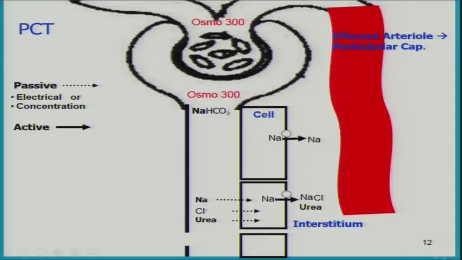Both sodium, chloride, or any other anion accompanying the sodium and urea sits in the interstitium, determining whether it's going to be reabsorbed into the peritubular capillary or leak back into this falsely named tight junction. This is not a tight junction. It allows the solutes to leak back into the lumen and be excreted. So we also have at the same time